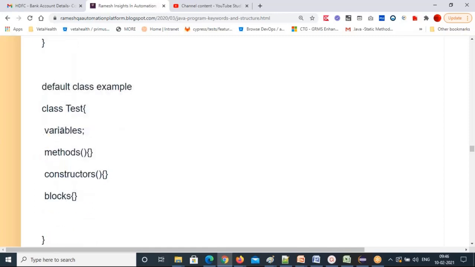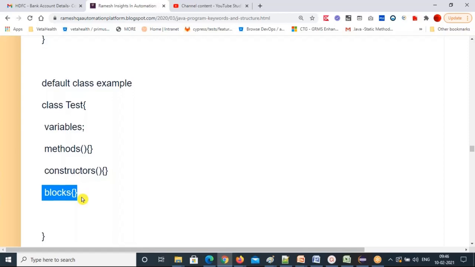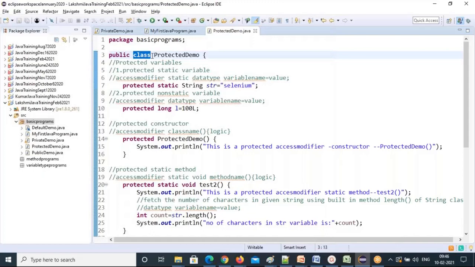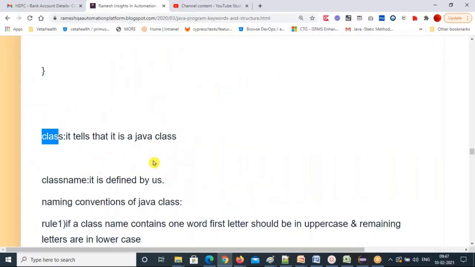You can declare variables, methods, constructors, blocks. That's a default class. The class keyword tells you it is a Java class. Without the class keyword, you cannot create a Java class. So the class keyword must be there in the class line.